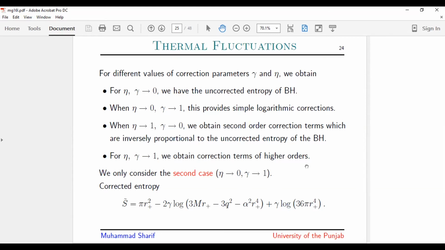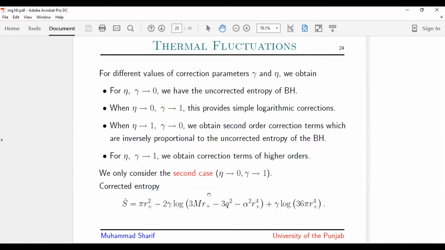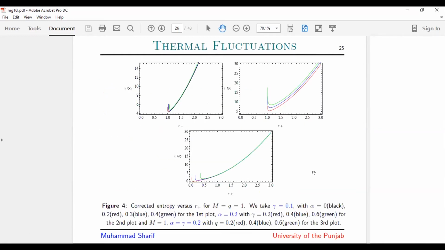So in this situation, for the corrected entropy, I replace all the values in this expression, the value of S, the value of T, and taking gamma and eta in this way, we have the corrected entropy in this form. Now I check its behavior through graphs. We have plotted three graphs, in the first graph, we have fixed gamma. In the second graph,